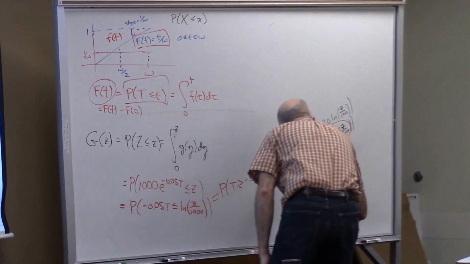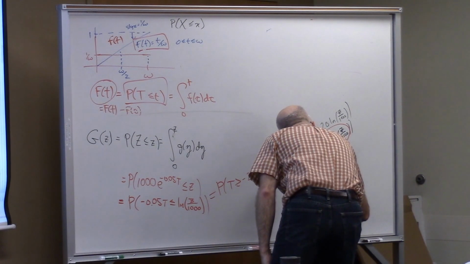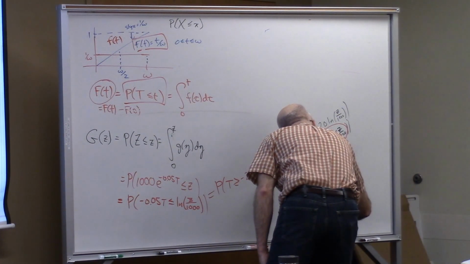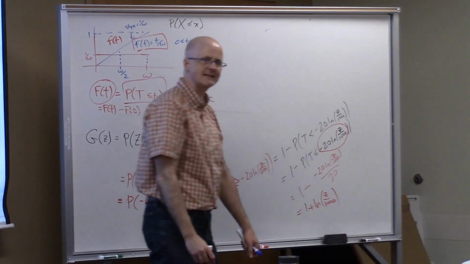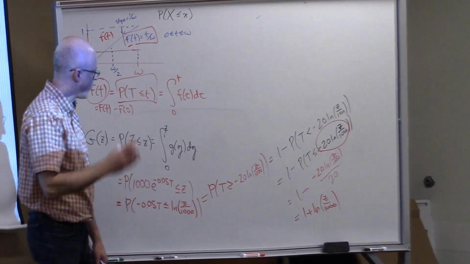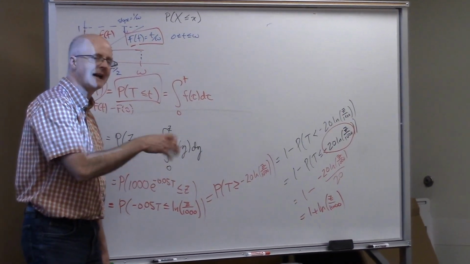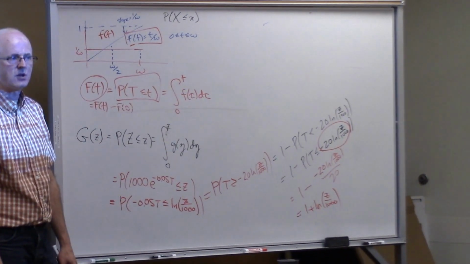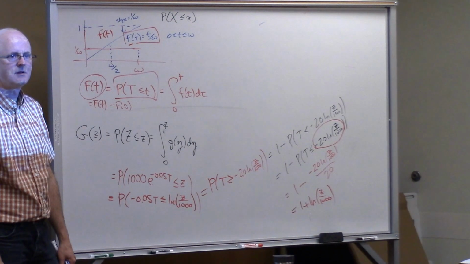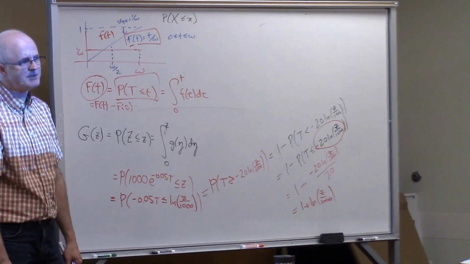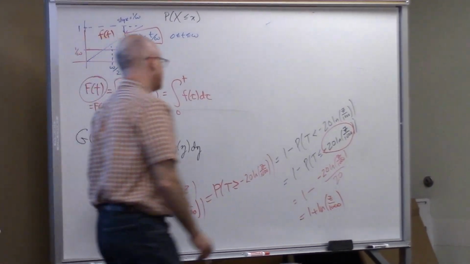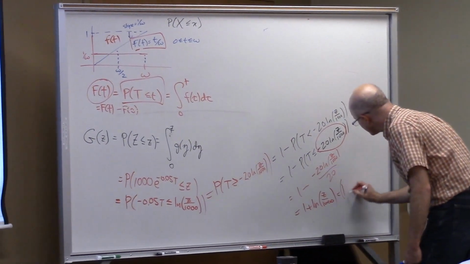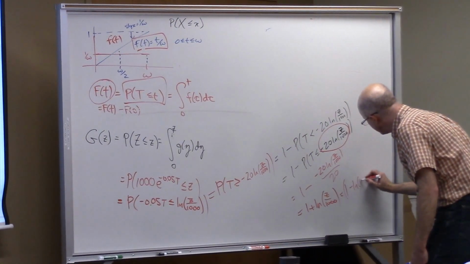Simplify, you get 1 plus natural log of z over 1,000. That's probably the best way to write it. It's not the only way you could write it. You could write that as 1 plus natural log of z minus natural log of 1,000 as well, using properties of logs. And actually, because of that, if you write it that way, and in fact, I'll just put the constant here in front,